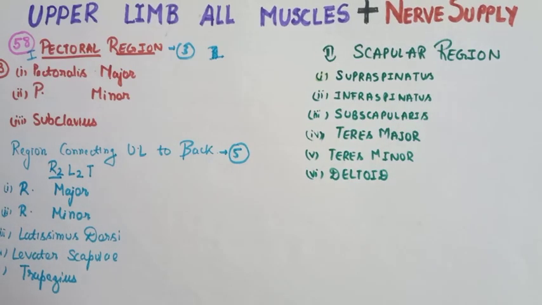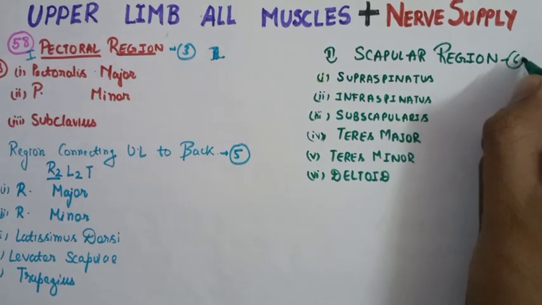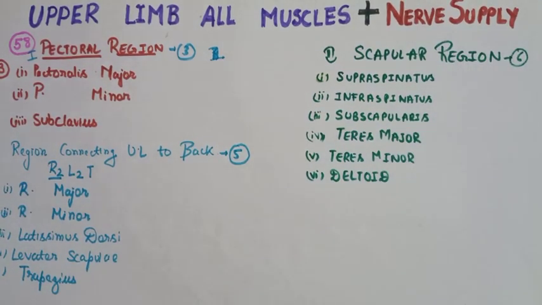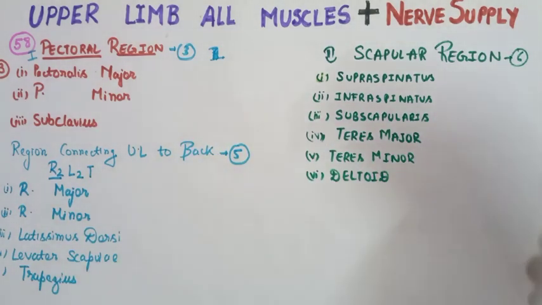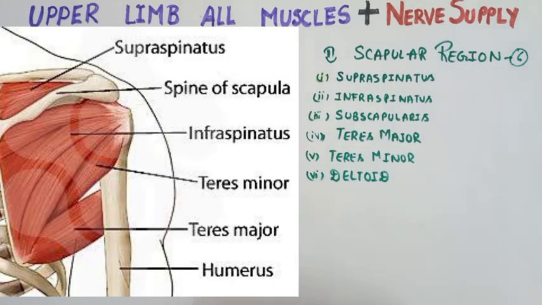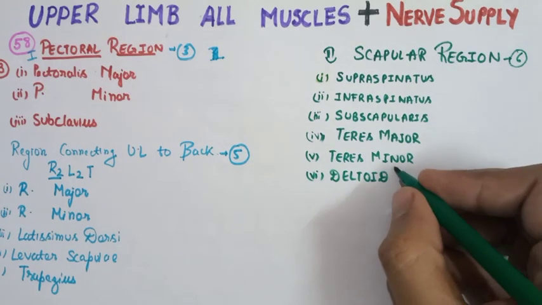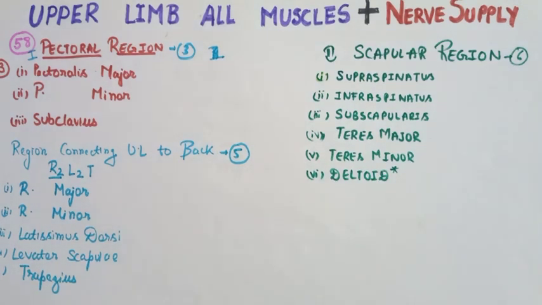In the diagram, as you saw, we had a number of muscles in the scapular region. In total we have 6 muscles. These are the supraspinatus, present above the spine of the scapula, and infraspinatus, present below the spine of the scapula. We have the subscapularis in the front. In the back we have 2 more muscles, teres major and teres minor. Along with these we have one more muscle, which is called the deltoid muscle. Make a star over here because this is a very important muscle and is usually asked in the examination, and we are going to discuss the deltoid muscle in detail in the upcoming videos.